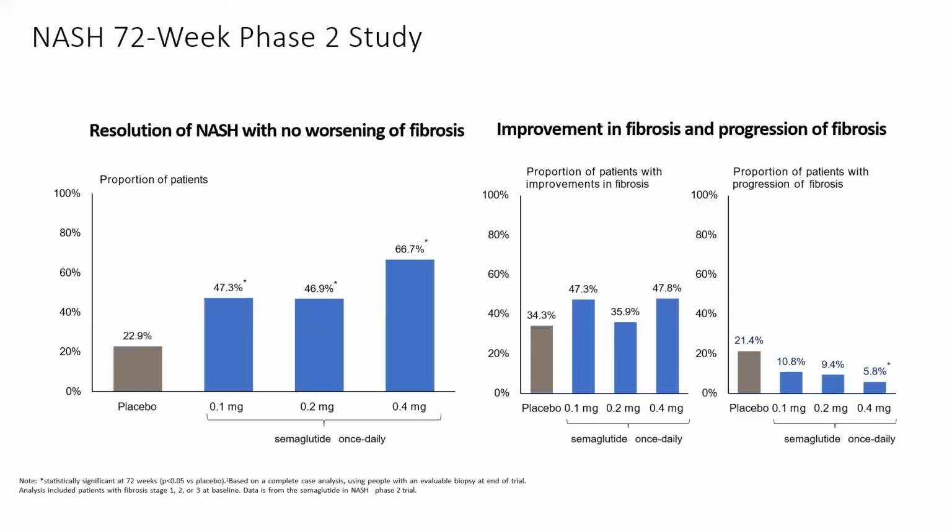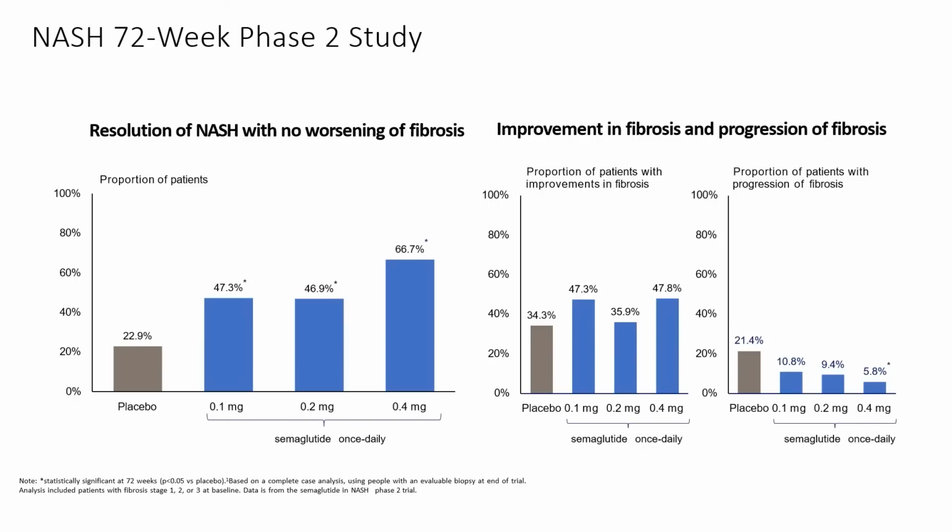But I want you to note that in the middle panel, the fibrosis regression rate was at 47%, which is higher than both obeticholic acid and resmetirom. But the placebo response rate was very high in the study, also at almost 35%. But again, there was no signal basically on fibrosis, but there was a high rate of NASH resolution. There was potentially a signal on less progression of fibrosis with semaglutide.